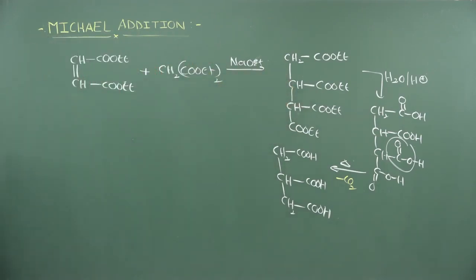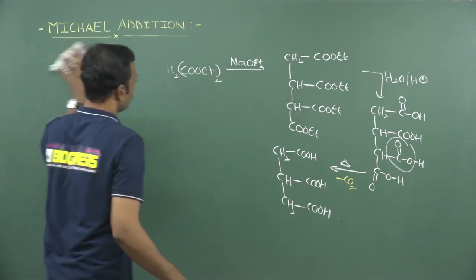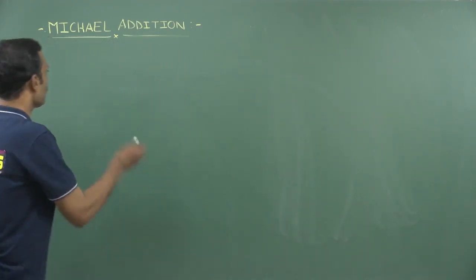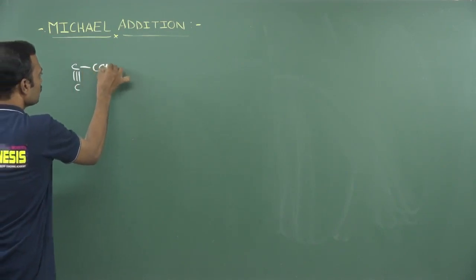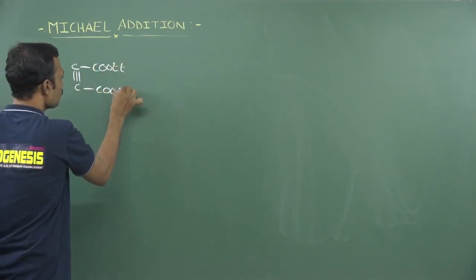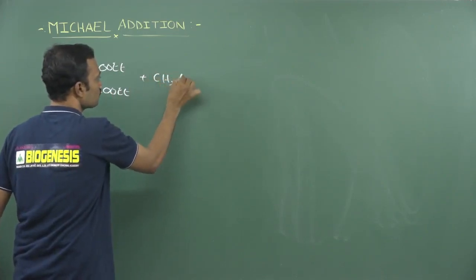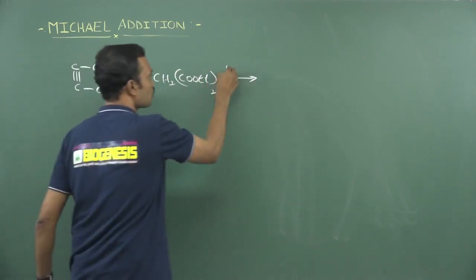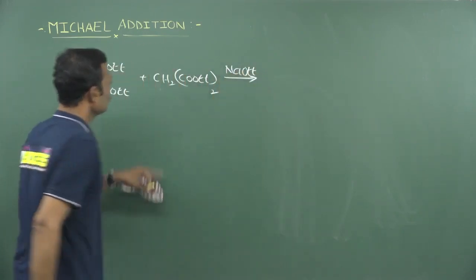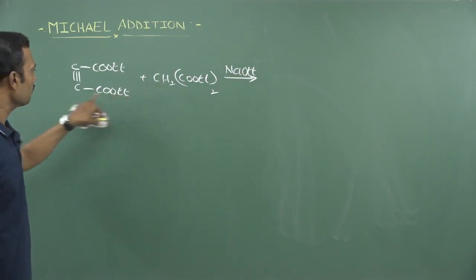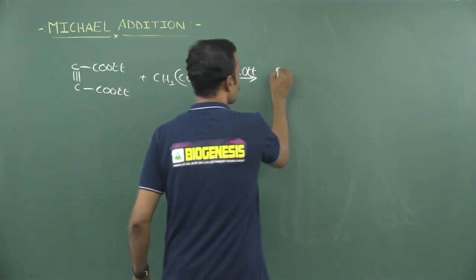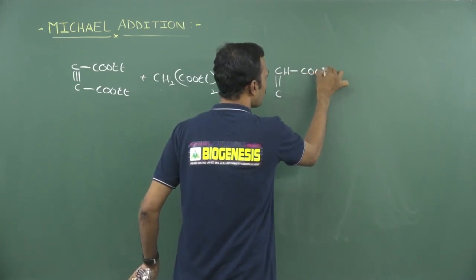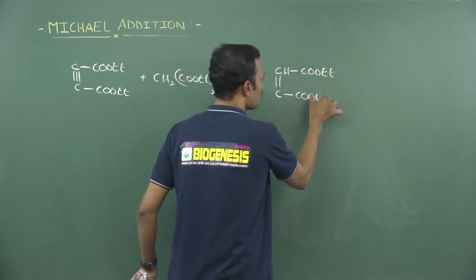Now you can also go through one more reaction by taking a triple bond. I am taking a triple bond which is shared between 2 carbons, a carbon-carbon triple bond, and this is COOEt and here also COOEt. Now this is an active methylene. The active methylene group is going to be added on this triple bond in presence of a basic medium. Can I write directly here? If you remove this proton, the negative ion will be added here and the triple bond gets converted to a double bond. Here hydrogen will be added, and this already carries one ester and here also already carries one ester.